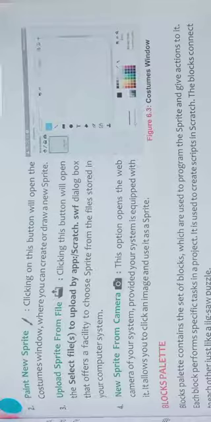Just click over that fourth option, new sprite from camera. After that the webcam will automatically start, take a picture of the scenery, and add that picture as a sprite in your project.